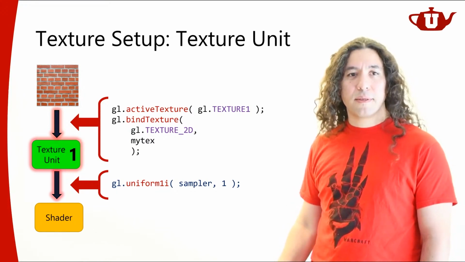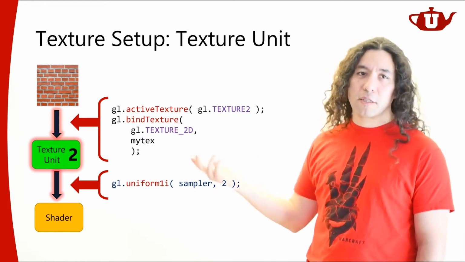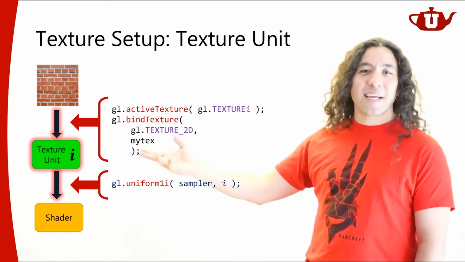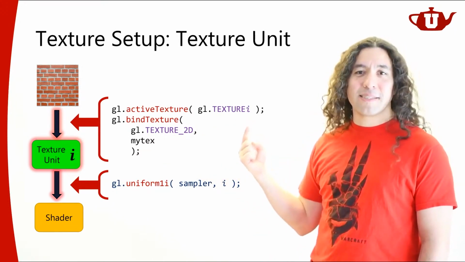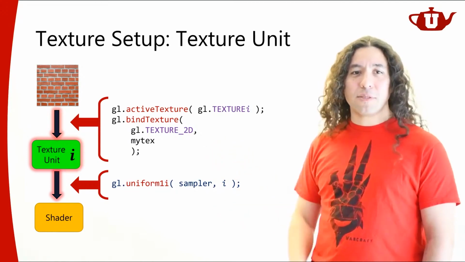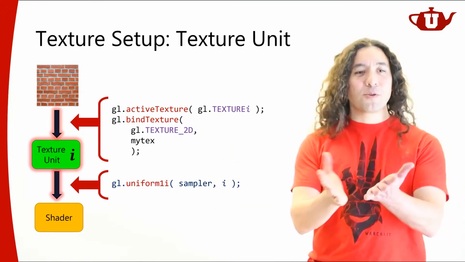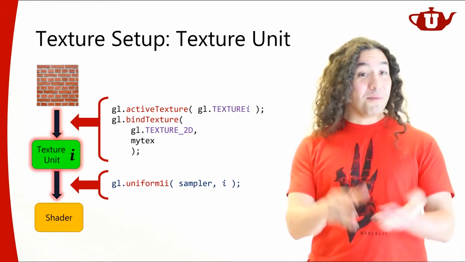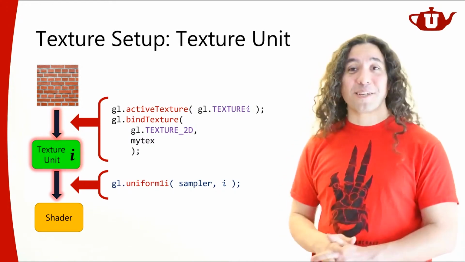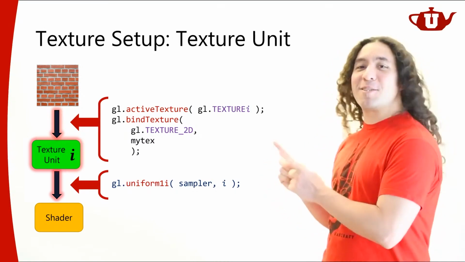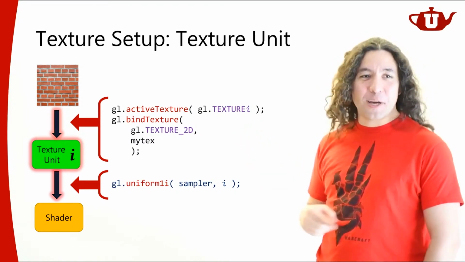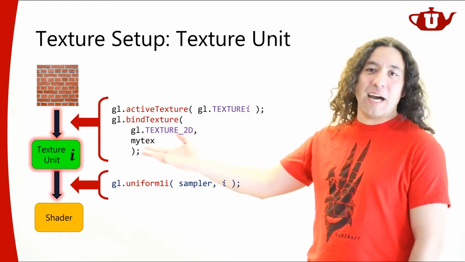Simple enough? If it's texture unit 2, of course it's going to be texture unit 2. It's like whatever it is, let's call it I. Texture unit I, I need to set this, and I use that. And of course, the obvious question here at this point, well, it just came. Actually, somebody did ask that question. Thank you. Yeah, there's a limit to how many, this I has a limit. So what is that limit? How many texture units can I have?